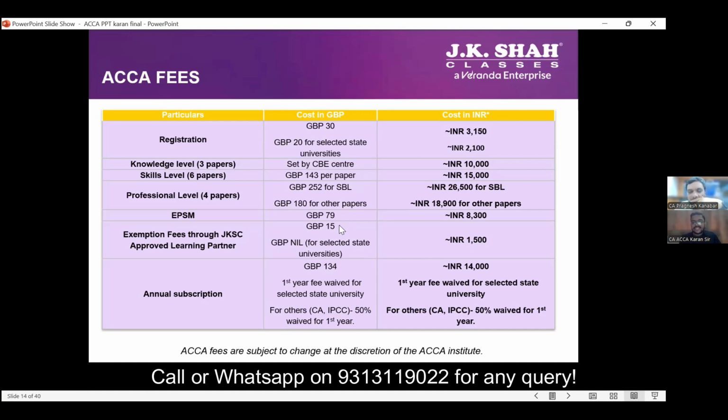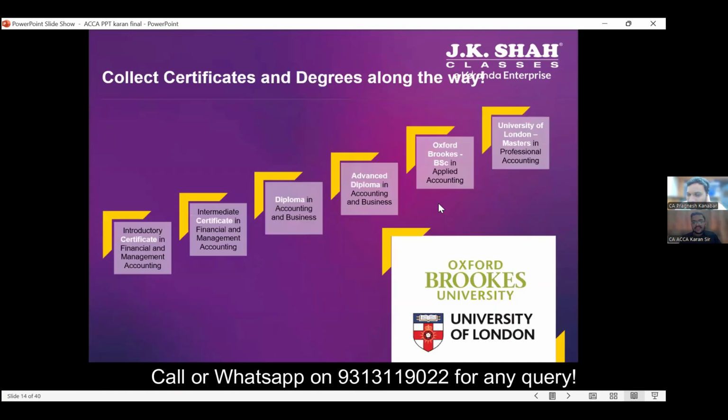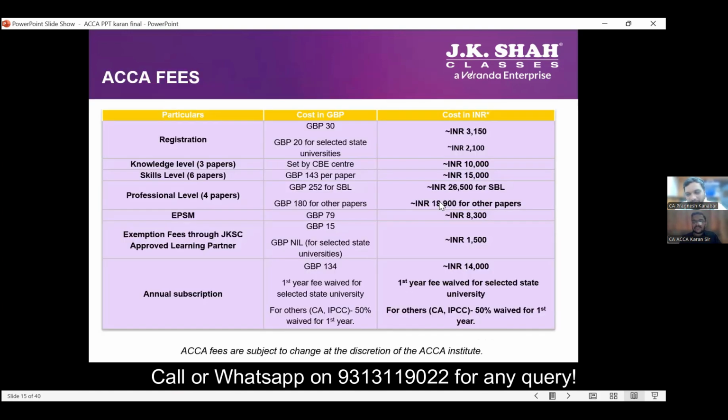Sir, these foreign institutes have a knack for giving scholarships. The CFA Institute has a scholarship. Is there any kind of scholarship these people can apply for with the ACCA Institute? There is a concept of scholarship in ACCA, but from the entire world, if I'm not wrong, only 5 students get this scholarship every year. So your profile needs to be very strong. At the same time, students who are getting 9-paper exemptions will not be eligible for it.